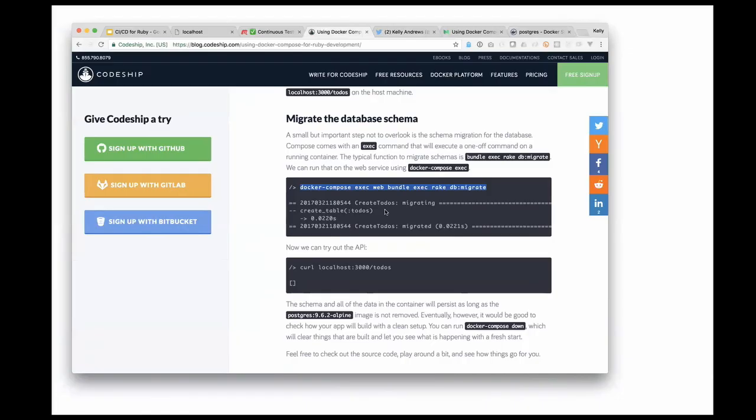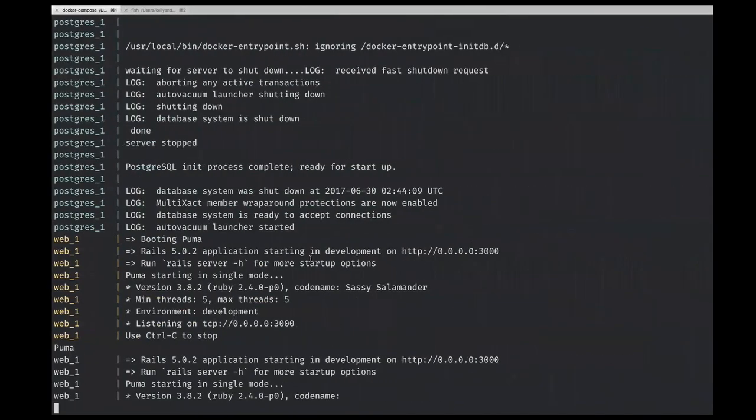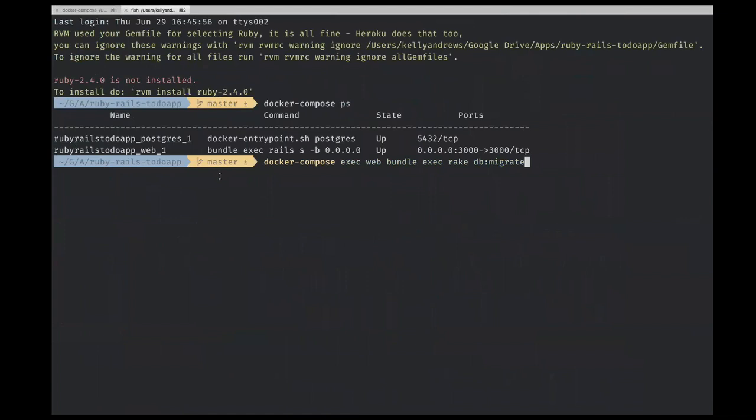So Docker Compose gives us a command called exec. It's going to point to my web service, and then it's going to run the command bundle exec rake db:migrate, right? So I'm going to hit that now,